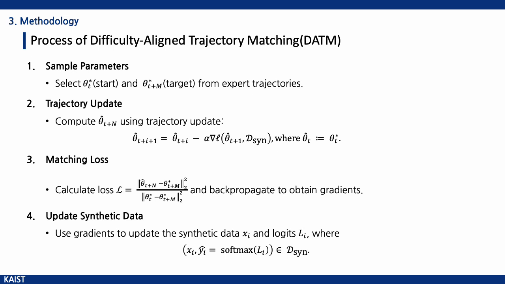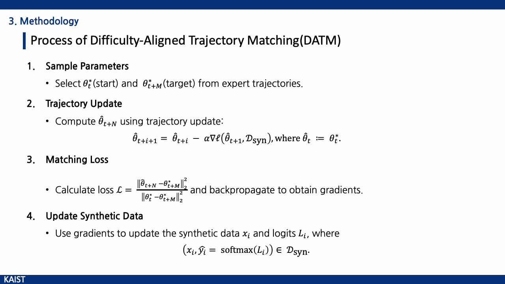The process of difficulty-aligned trajectory matching consists of the following steps. First, parameters are sampled from the expert trajectories. Specifically, theta T star is selected as the starting point, and theta T plus M star as the target point of the trajectory. Next, in the trajectory update step, the intermediate parameters theta T plus N hat are computed iteratively